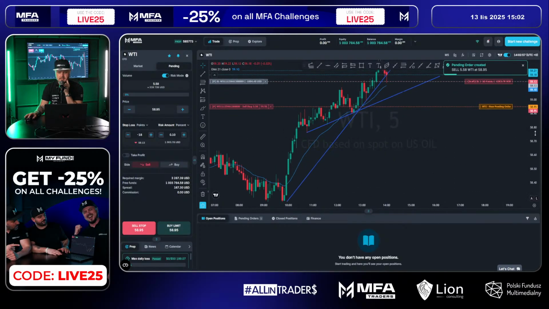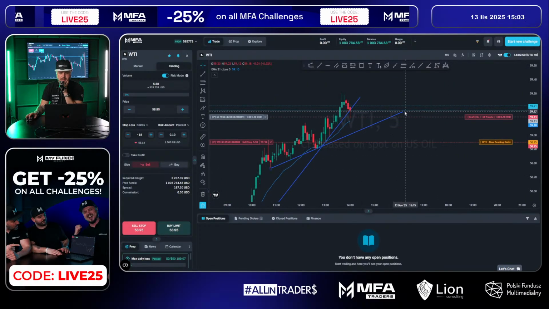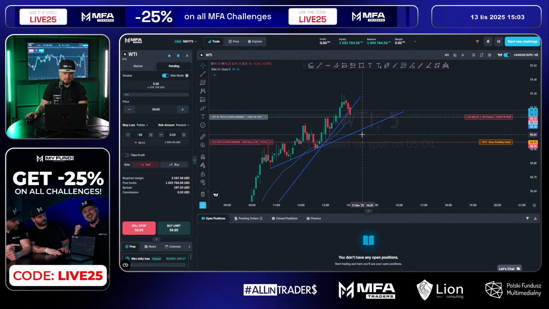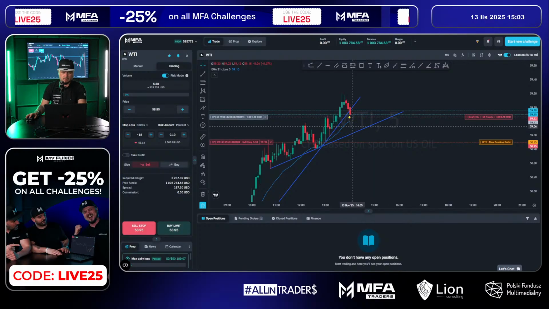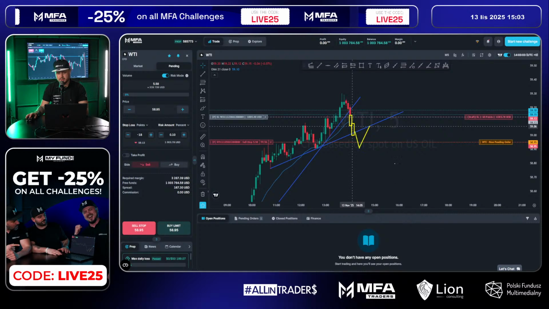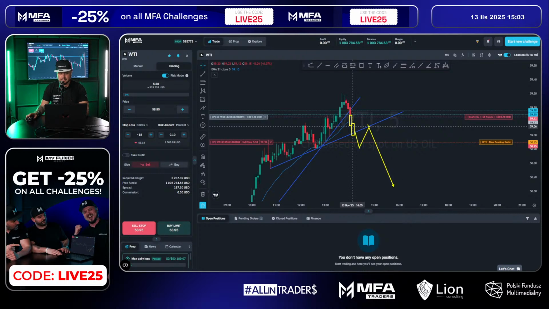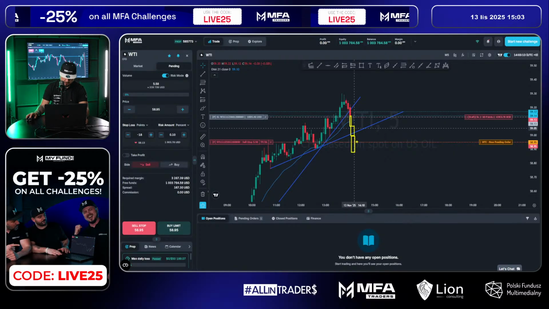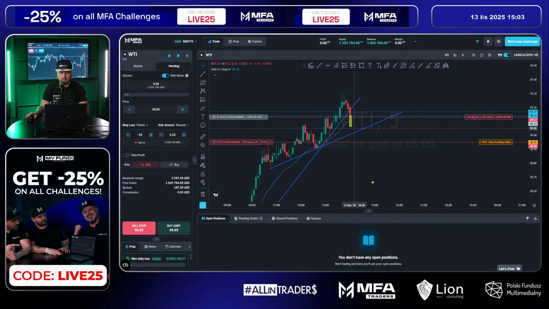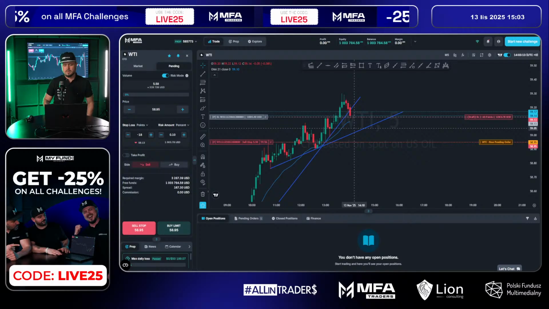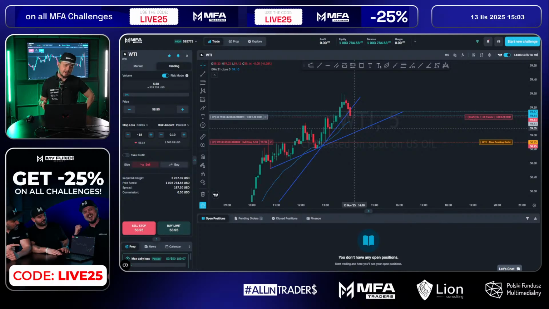Just set sell stop order, but I can see they are going up. If the price won't drop now, I will remove that order and wait for a better situation, maybe like this with retest. It's gonna be better because I thought we're gonna fall straight away, okay? Because cash market on US crude oil just opened, so I thought we're gonna drop down straight.